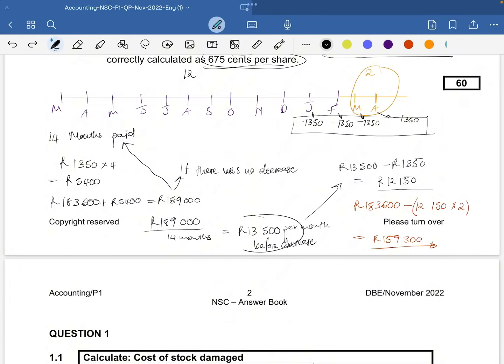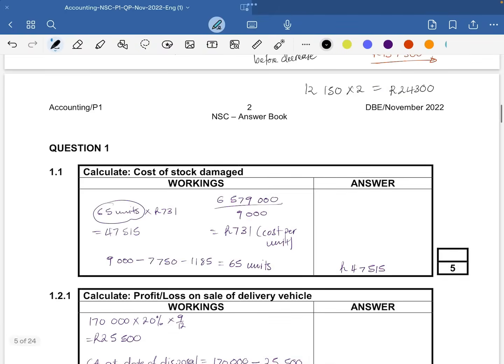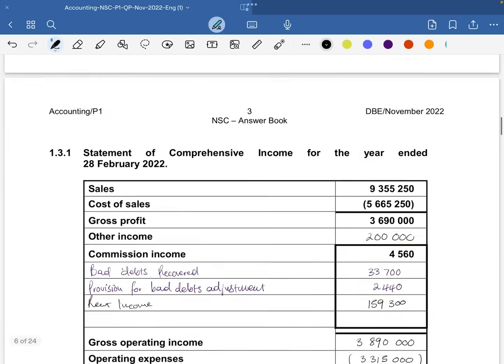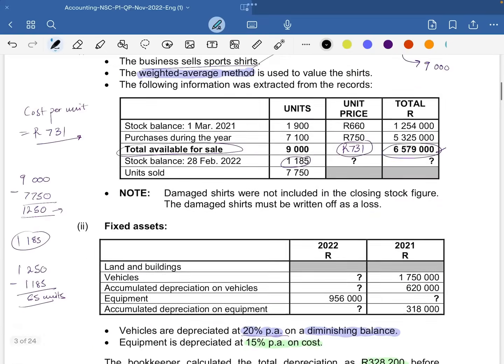Oh, not actually the 13,500. So what's this amount? It's 12,150. I actually didn't calculate it, times 2, which we received in advance. So that's 24,300. Right, so I just want to make sure that it's correct. It's 12,150 times 2. Yes, so the 24,300 is a current liability because it's income received in advance. So it's 24,300 plus,